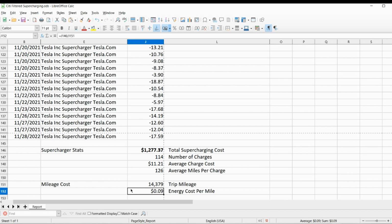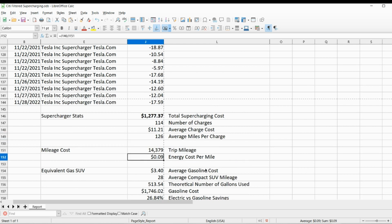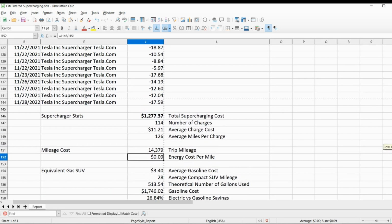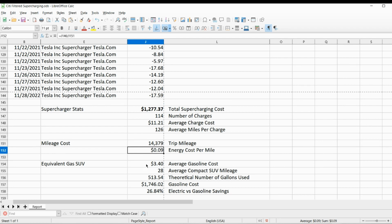So that's the premium we're paying. Now, if we look at how much this trip would have cost in a gas car, at $3.40 per gallon average, which I looked up before, and 28 miles per gallon for an average SUV, I would have had to buy 513.5 gallons at a total cost of $1,746.02. Compared to what I did pay, I had a savings of